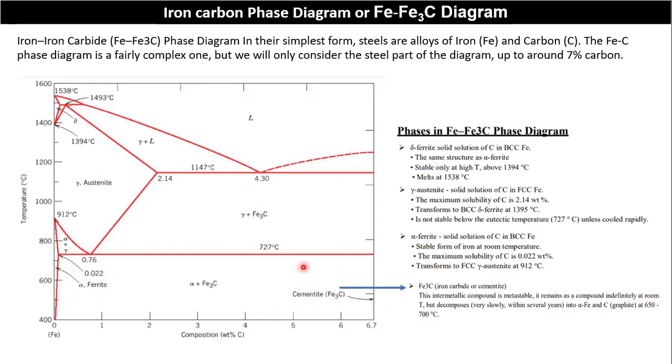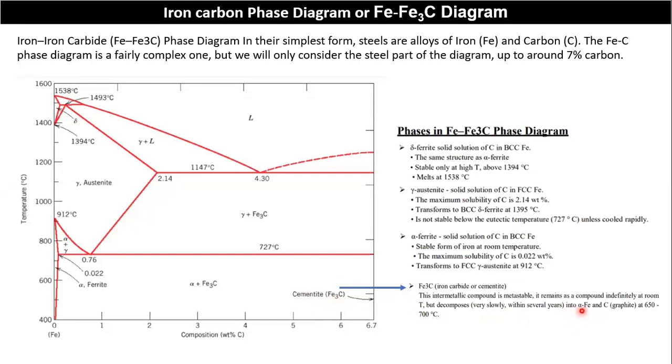So commonly solidification starts from higher temperature to room temperature, from liquid state to solid state, but it decomposes very slowly, over several years. And what is the meaning? If this region is very hardable, the decomposition is very slow at room condition. If you place this type of iron outside, decomposition is very slow. Decomposition means rust formation is very slow for iron. It is a common property of iron.